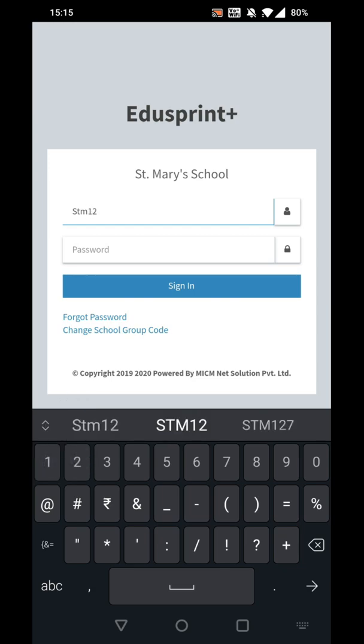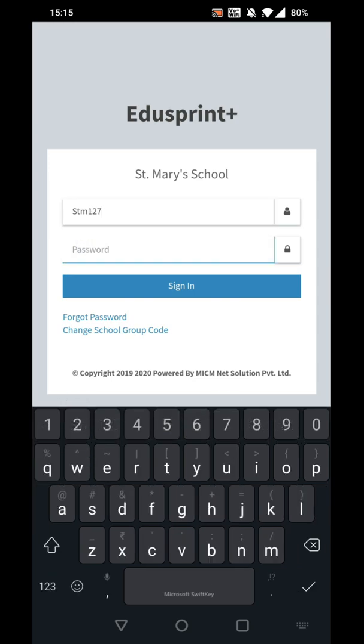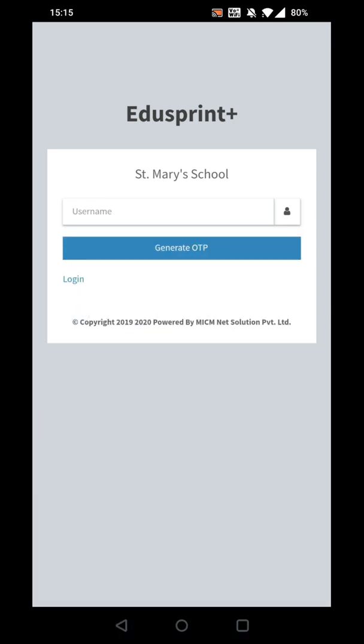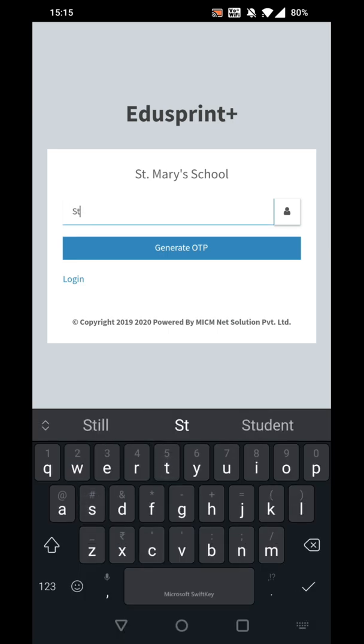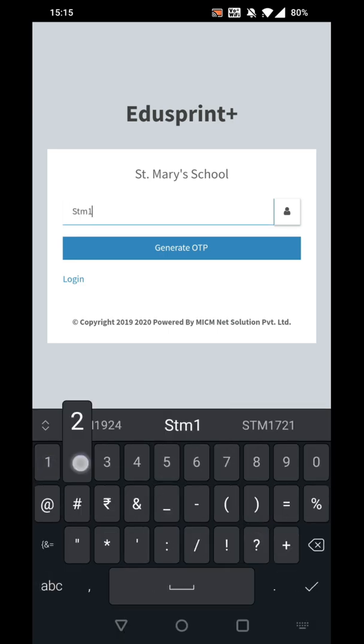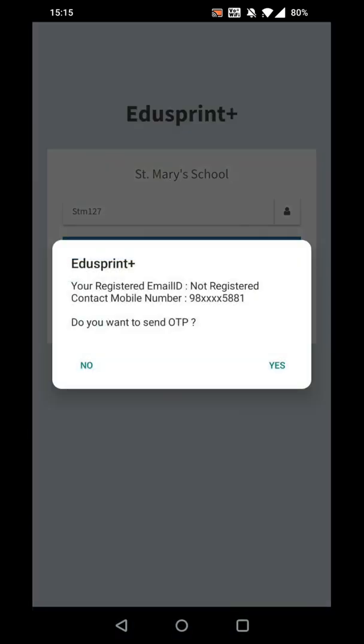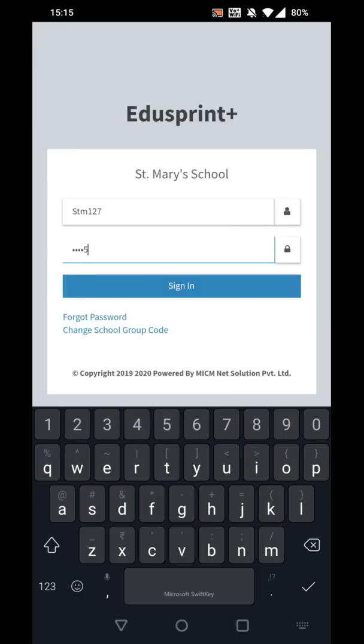If you don't remember your password, you can reset using forgot password by typing just the username. If the number is correct, click on yes and you will get an SMS with an OTP number. Just type that OTP number in the password area and click login.